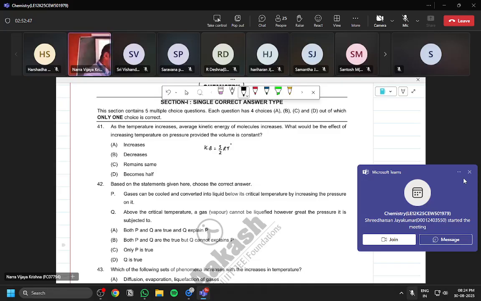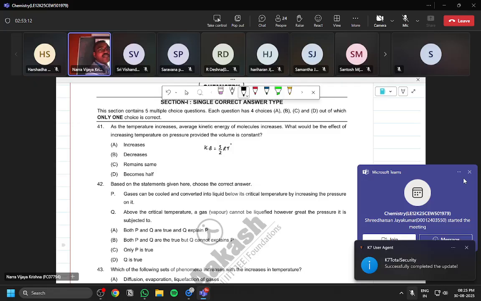increases with increase in temperature. Means what happens to pressure? They kept the volume constant. At constant volume, if I increase temperature, what happens to pressure? Increases. On increasing temperature, kinetic energy increases, means force exerted increases, means pressure increases. No need of first statement also. At constant volume, pressure is directly proportional to T. For every 1 degree centigrade rise in temperature, pressure changes by 1/273rd part of original pressure. What is it? Gay-Lussac's law. Right? So answer is